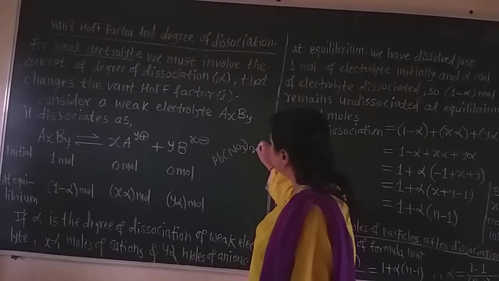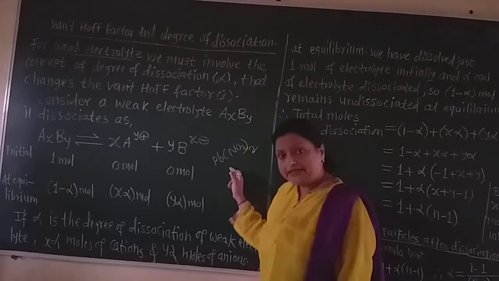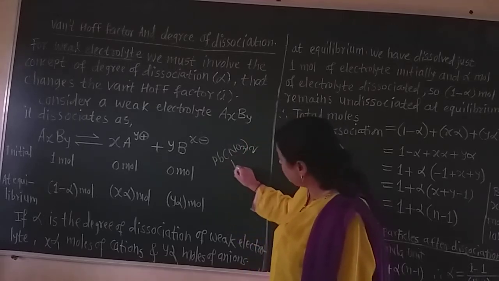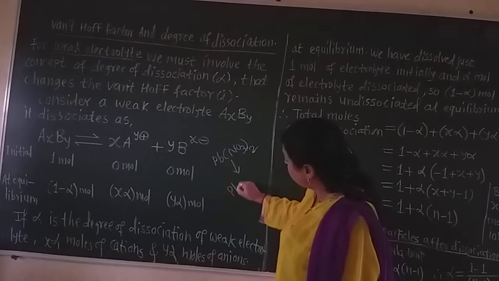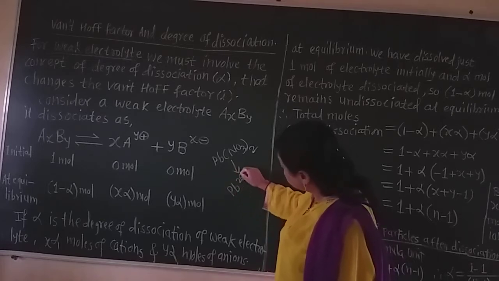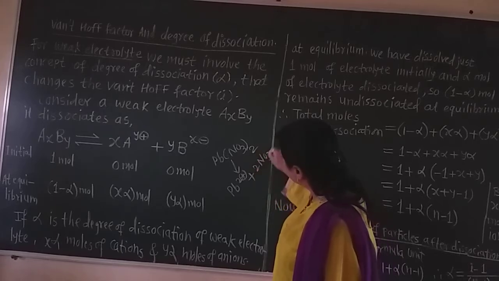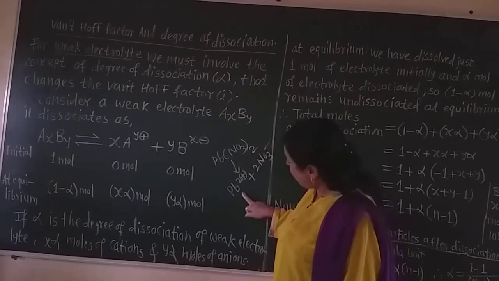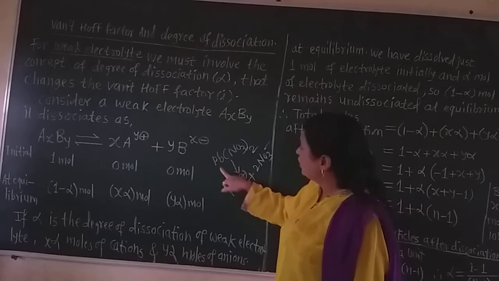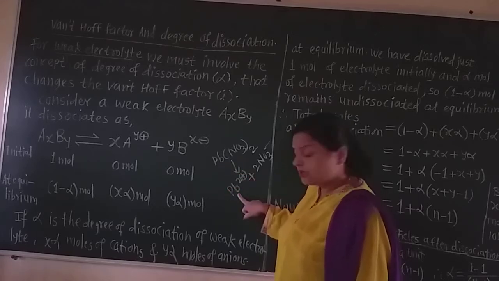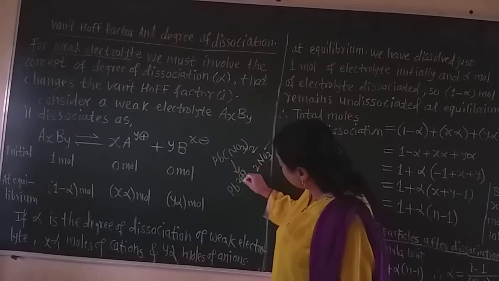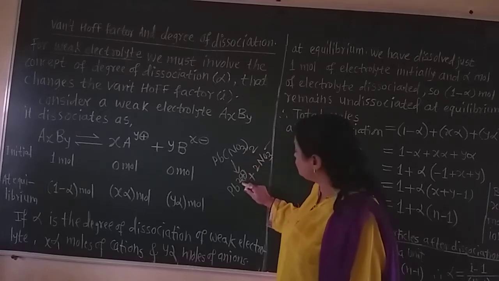Suppose this is the weak electrolyte. How is it ionized? It ionizes as Pb²⁺ and 2 NO3⁻. Here there is only one cation but it has the 2+ charge. Now this 2 comes from